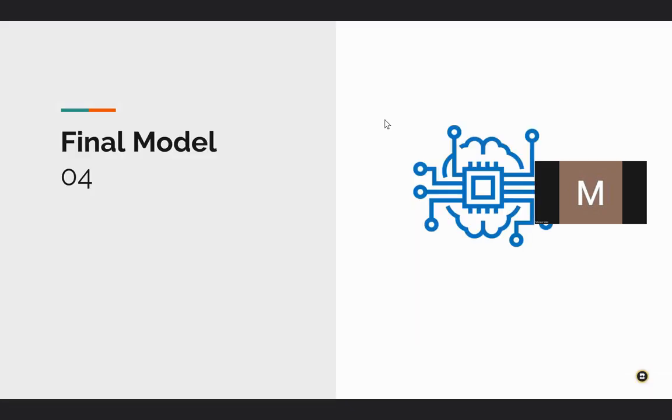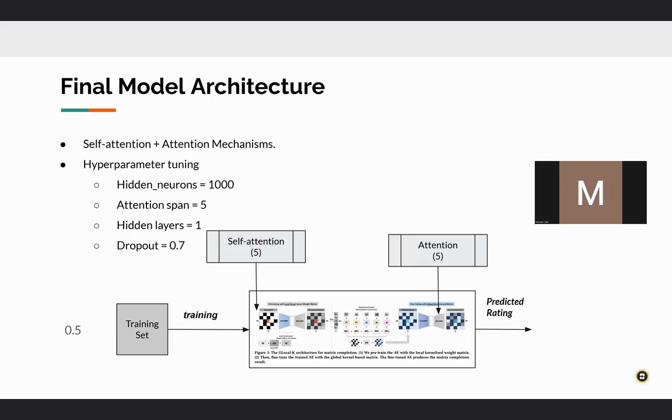Moving on to the final model and choosing between all the 6 approaches and edits we have done and proposed in this project, we've chosen the attention mechanism, where it showed a slight improvement above the baseline model. So basically, what we have done is we added a self-attention layer right before the encoder, and then an attention mechanism between the encoder and decoder with a single hidden layer, and then an attention span of 5. We also increased the dropout rate to 0.7, which is very high, but we have done that to prevent